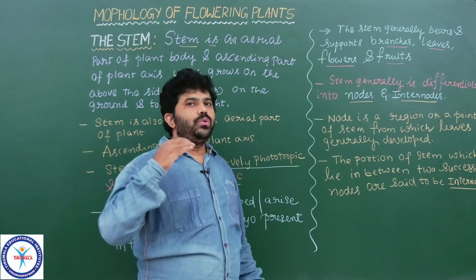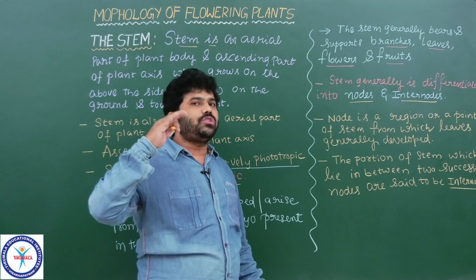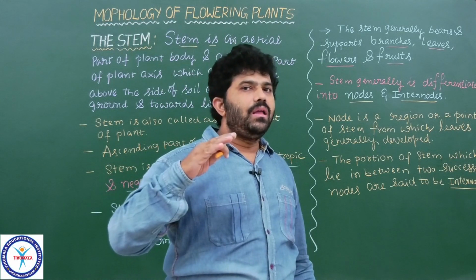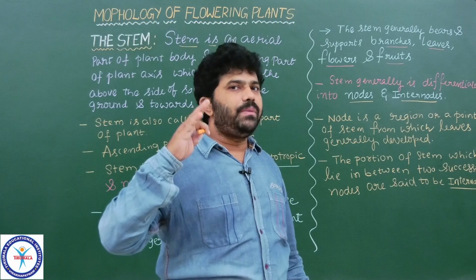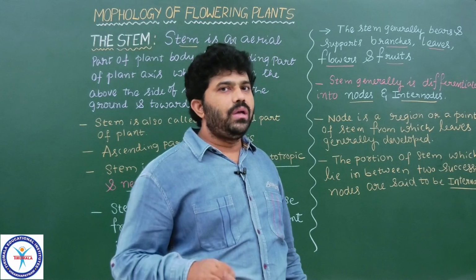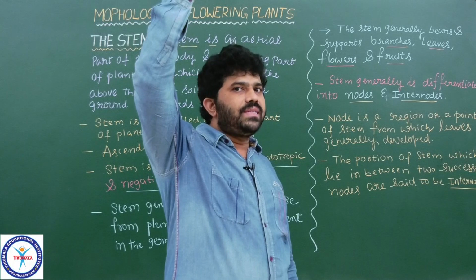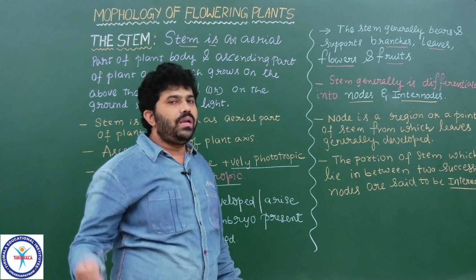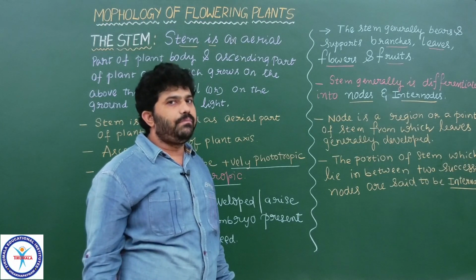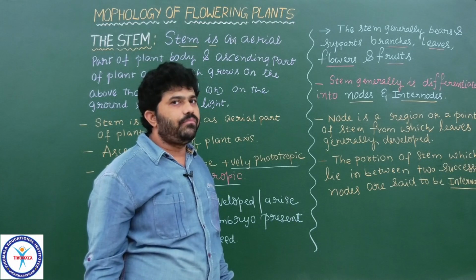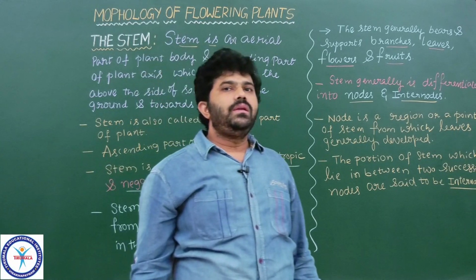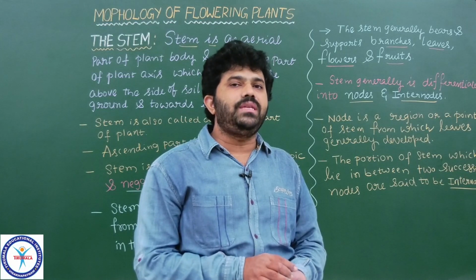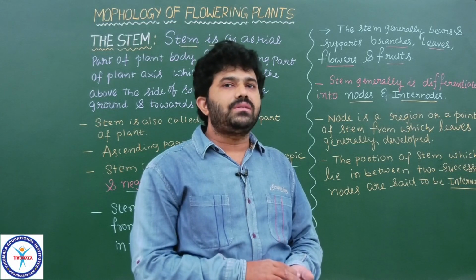Understood? The nodes 1, 2, 3, 4, 5 are numbered like that, based on their origin and development. The first node is the one that gets mature first, the oldest node. When we move towards the terminal, we reach the younger nodes. The oldest node is seen at the base of the stem, where the first node appears. From that node the first leaf is initiated and projected, because it is the fully matured region, ready to give more and more organs like leaves.